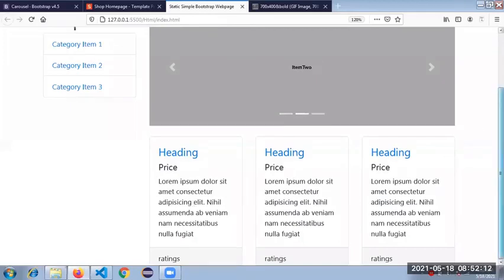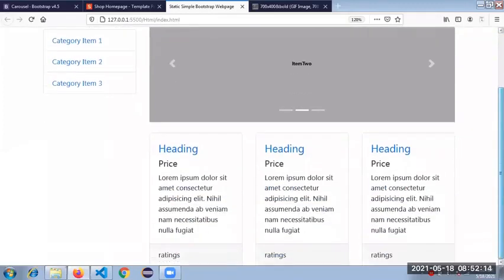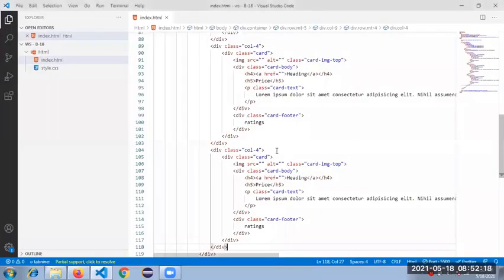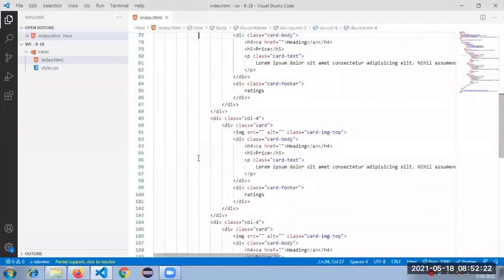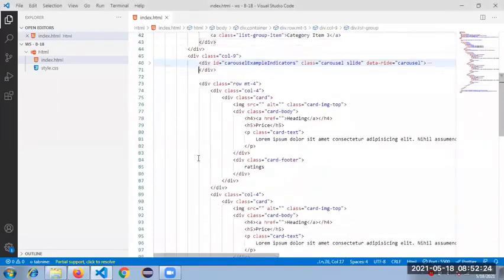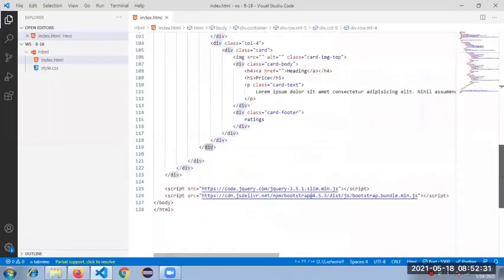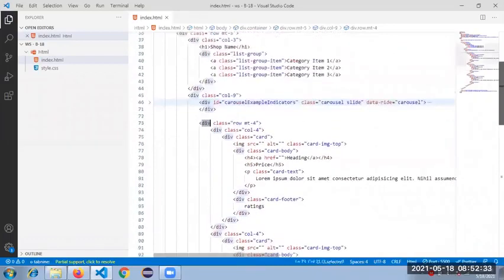Okay, we got something pretty good now. So now let me copy that entire row and paste it down for the second.